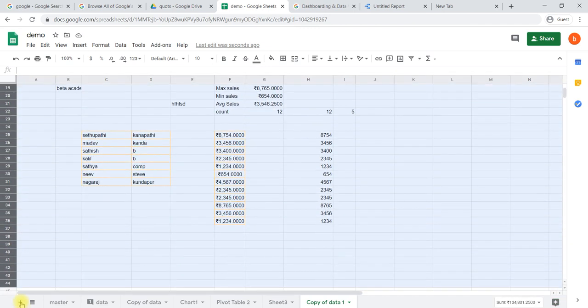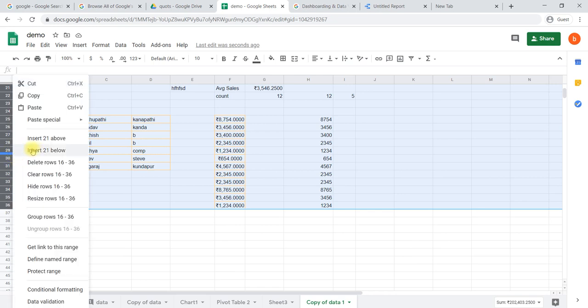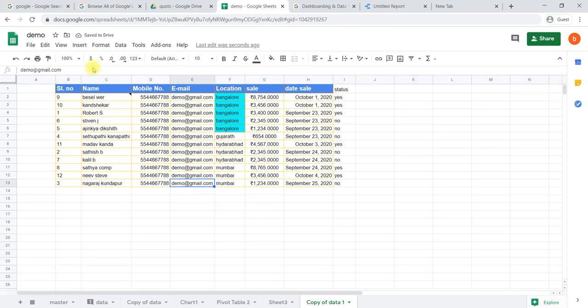We'll select all the unnecessary rows, right click, delete rows. Like this we have deleted all the columns and rows which are not necessary in my analysis. Only the data and column headers are necessary for my analysis. Once you have edited here, it will automatically save.